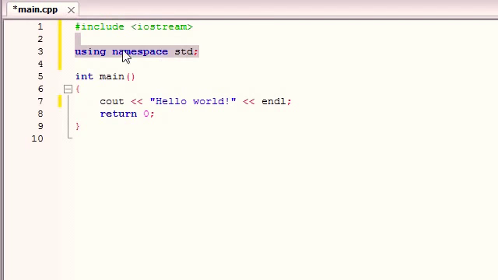So that being said, under that blank line is this using namespace std. And believe it or not, this does not stand for sexually transmitted disease. I like to think that, but trust me, it doesn't. It stands for the standard library, and that's another thing that is built into C++ that is pretty much saying this: we're going to be using all the standard things with C++, nothing fancy. Again, we're going to be going over libraries and stuff in the future, but basically these two lines include things that we're going to need later on. This includes a file, and this includes something called a library, which is just a bunch of C++ stuff. So with that being said, we know